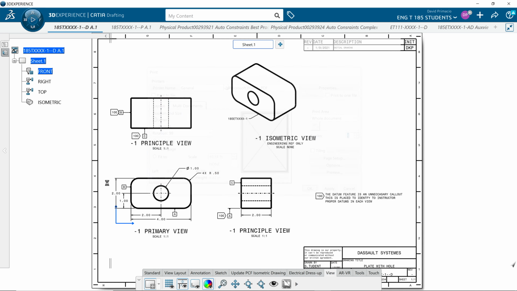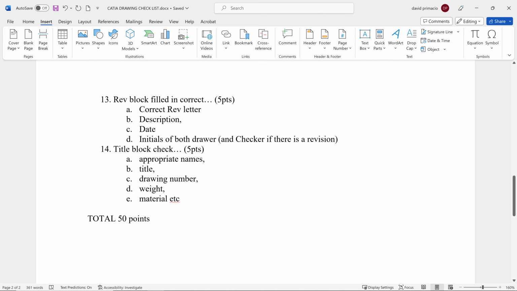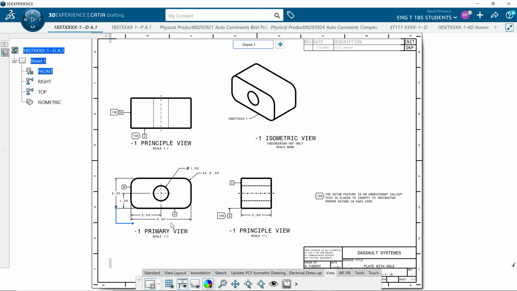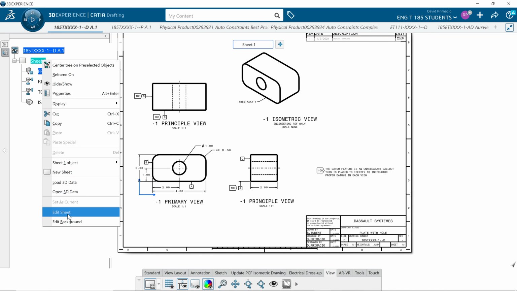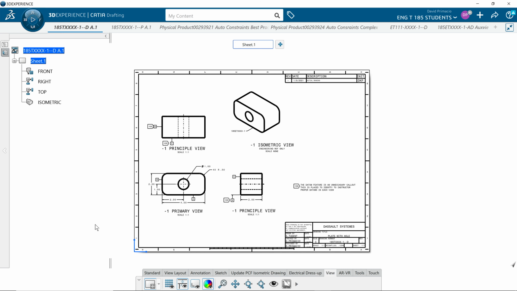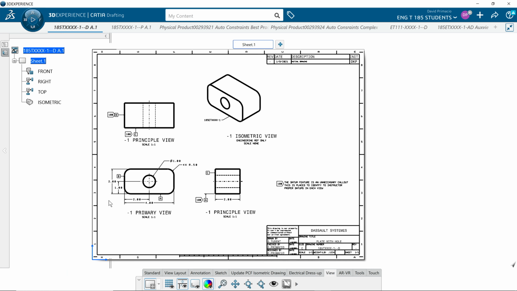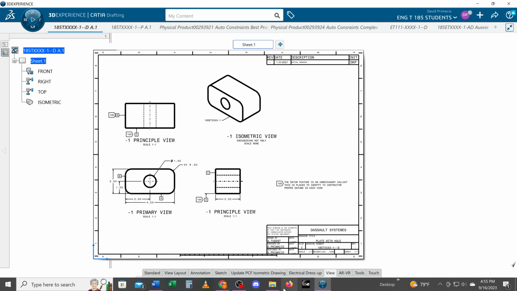So my drafting demo checklist is what I just created, and then what you do is you submit that to Canvas. If you want to add extra pictures to show your title block or revision block, you can, but I usually can zoom up on that if you do your PDF correctly. The only picture I want to add is with this blue axis down here at the bottom. So you got to make sure to do this edit sheet. And then when you make your print, I want you to do something like this and go to your Word